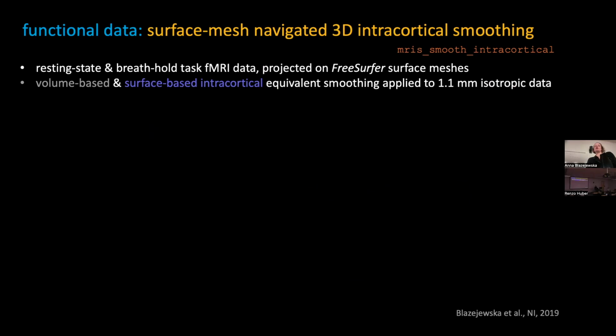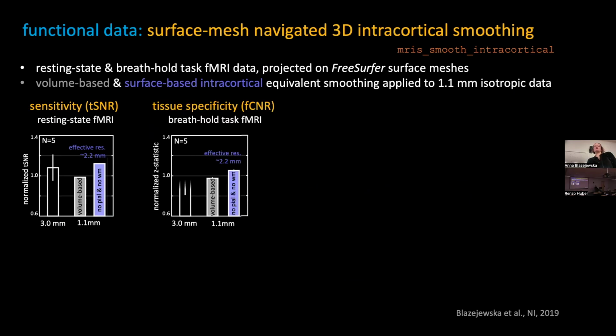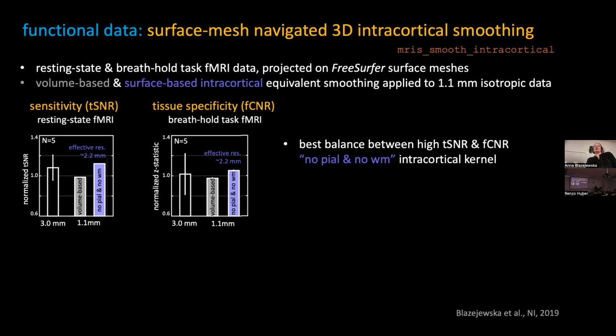Comparing to volume-based smoothing, again, not so much surprise here, it performed better both in terms of sensitivity and specificity, but it also performed better than the larger voxel non-smooth data, like you can see here in this plot. So we found this kernel that has the best balance between specificity and sensitivity,